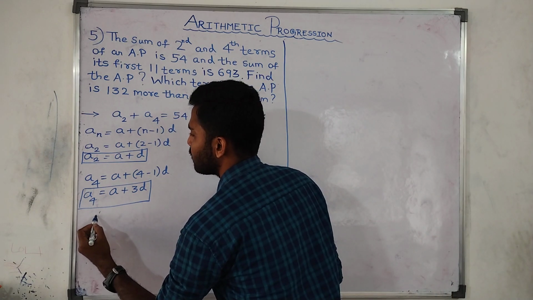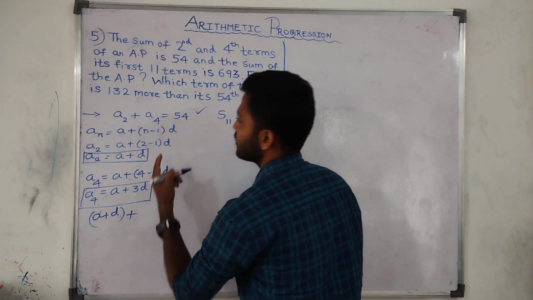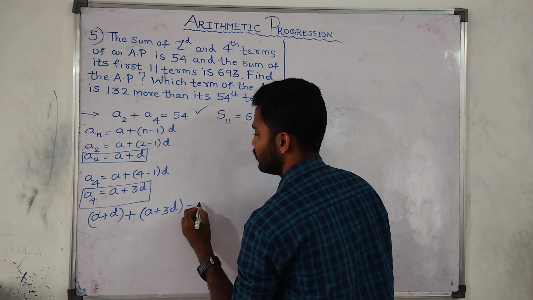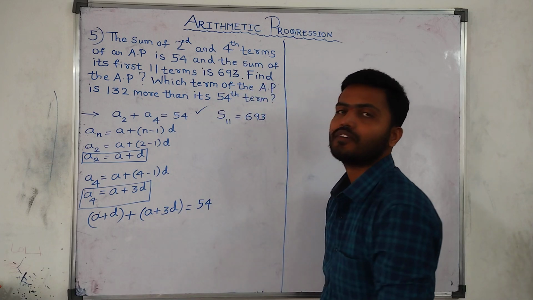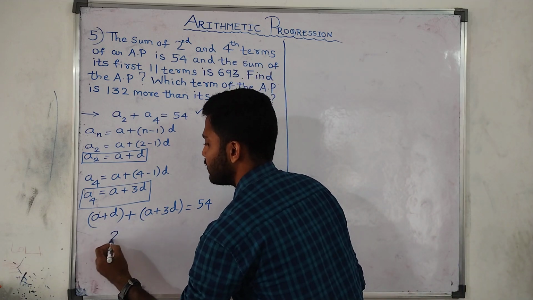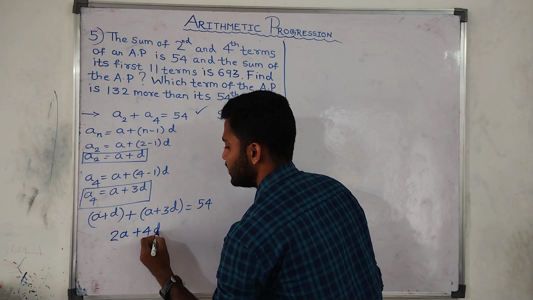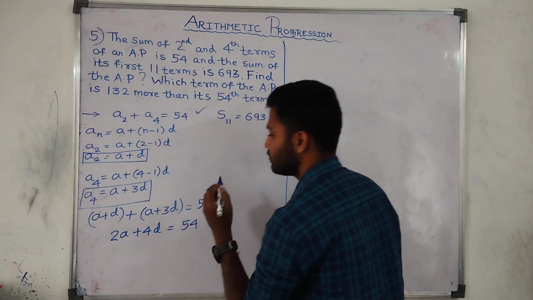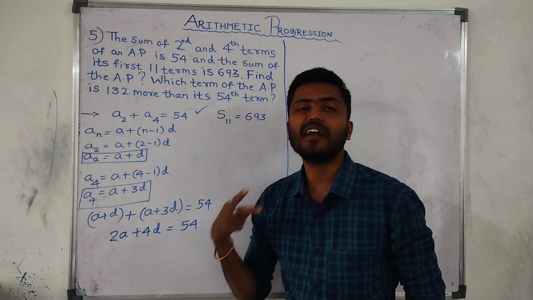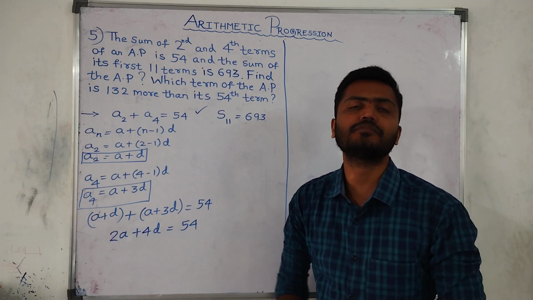Okay? So let us see what happens. So a plus d plus A4, ಅಂದ್ರೆ a plus 3d, is equals to 54. So now we have to add the like terms. Okay, so like terms na add ಮಾಡ್ತೋಗೋಣ. So a plus a will be nothing but 2a, then d plus 3d will be nothing but 4d, which is equals to 54. Okay, so I can either keep it like this, but since all of them are multiples of 2, okay, so what I can do is I can divide the entire equation by 2.